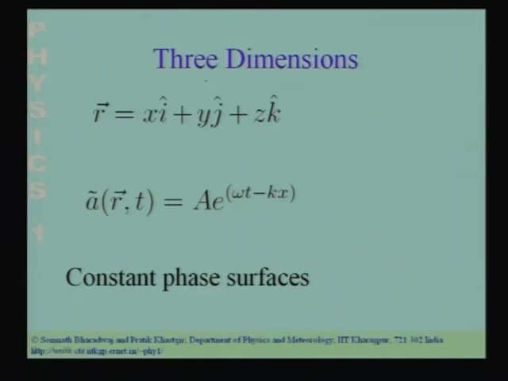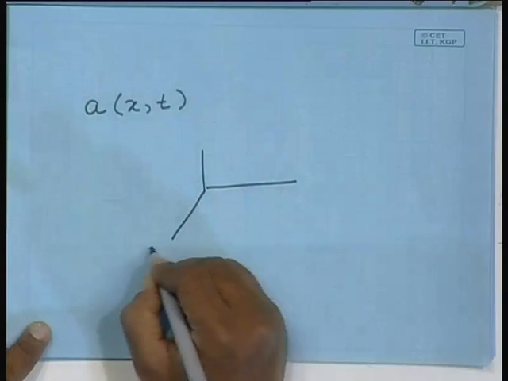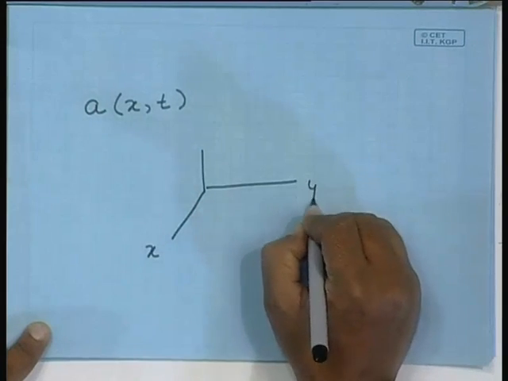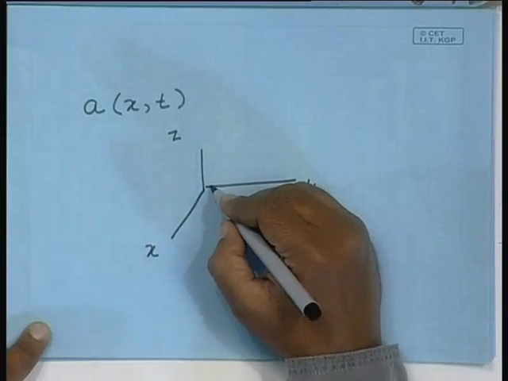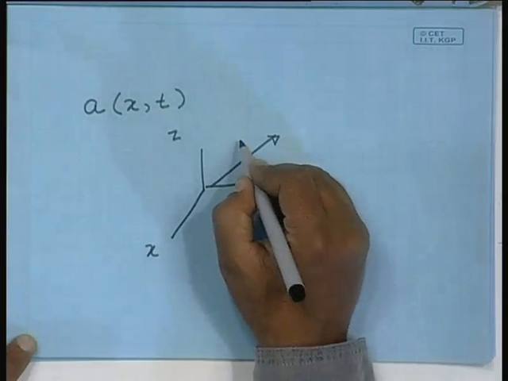So, here we have 3 different coordinates x, y and z, and any arbitrary point in the room could be referred to, with reference to an origin, using the vector r. So, within this room or in any 3 dimensional space I could choose 3 axes like this, x, y and z, and I could have a vector to any point.